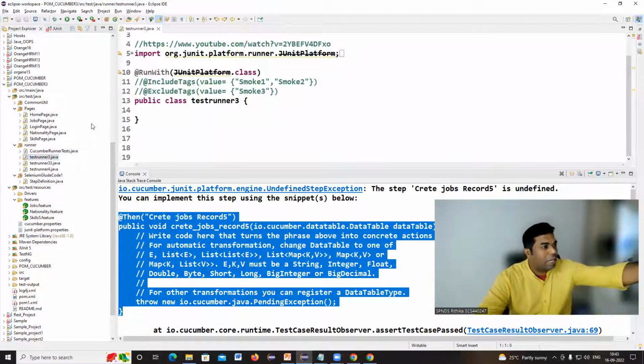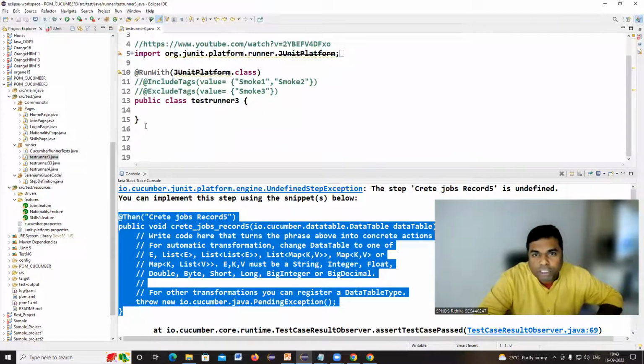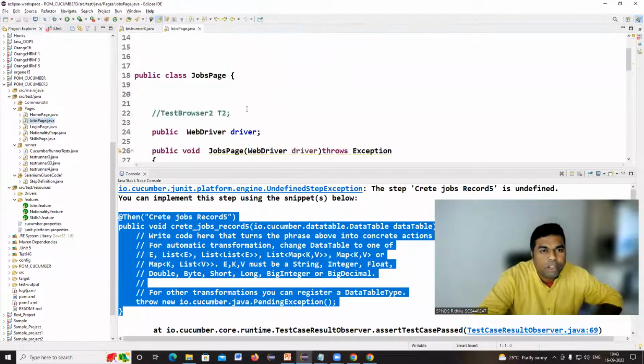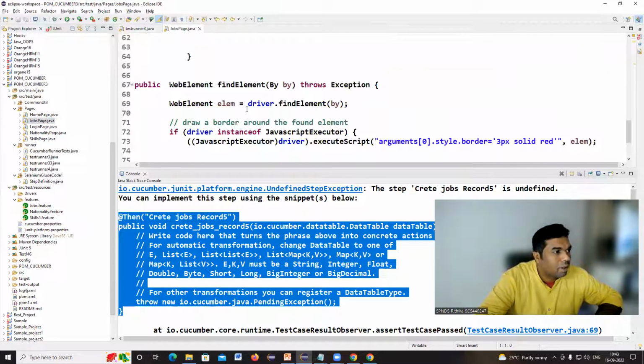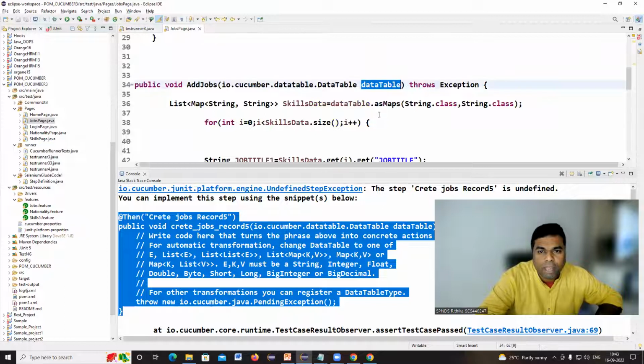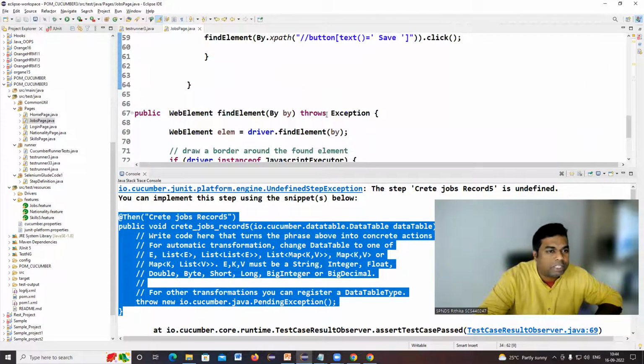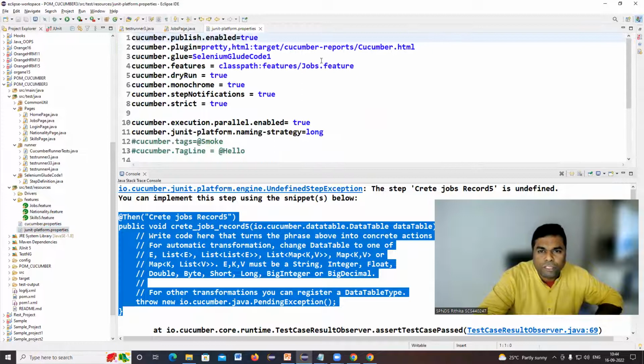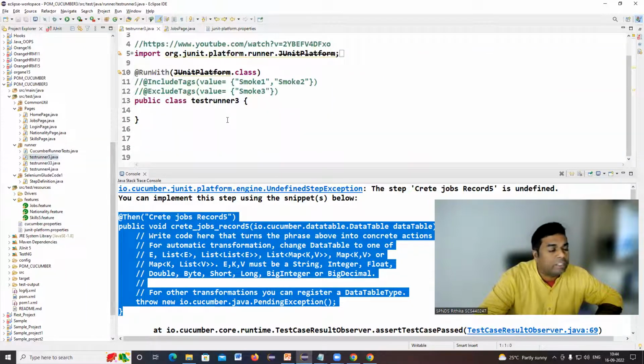So the first part, okay, let's summarize the points of what we did. The first point, we developed a job space with the data table object, and we have written the set of driver commands. After that, in my JUnit properties file, I set whichever feature file I want to execute. This is the step 2 point I did. And after that, step 3, I executed my test runner 3.java class file and the unimplemented step was generated. And step 4, in my step definition.java class file,